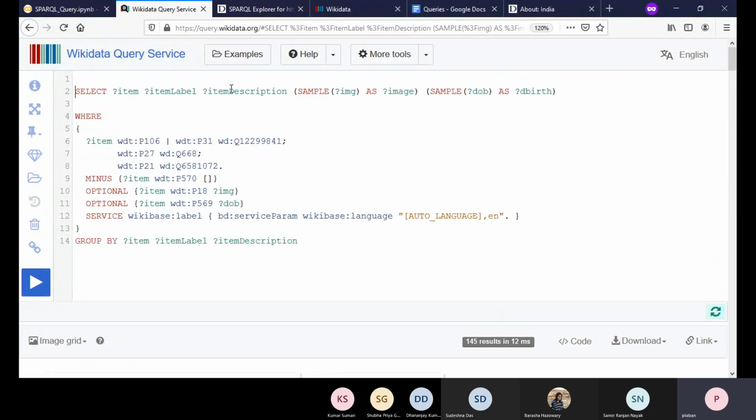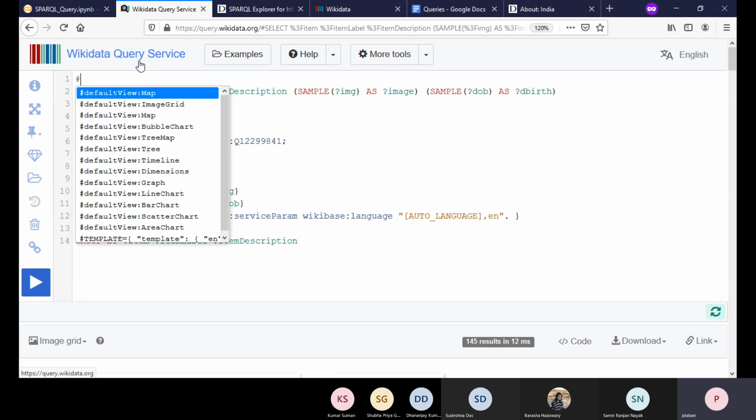Now, if you want to share this query and you want whomever you have shared it with to see this image grid view without having to make an explicit choice, this is how you can do that. You just say hash, then it asks what would be your default value, whether it will be a map, an image grid, or whatever.